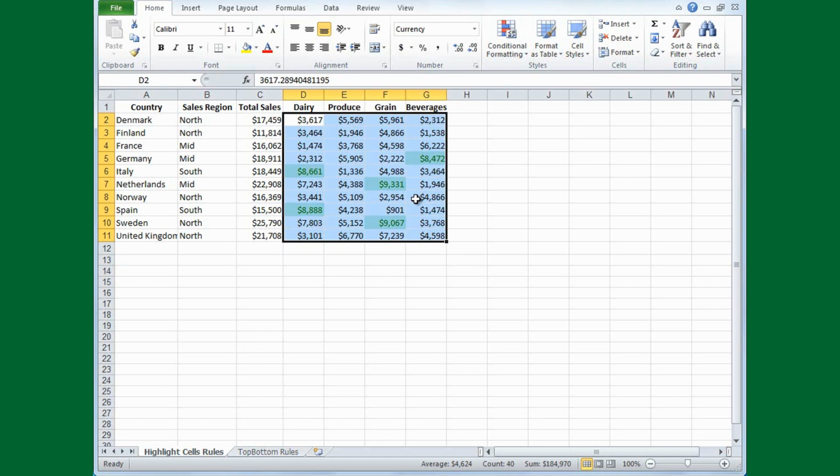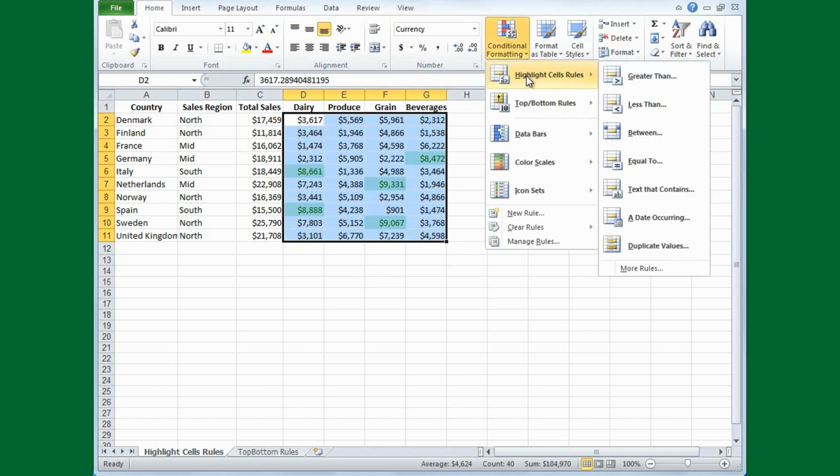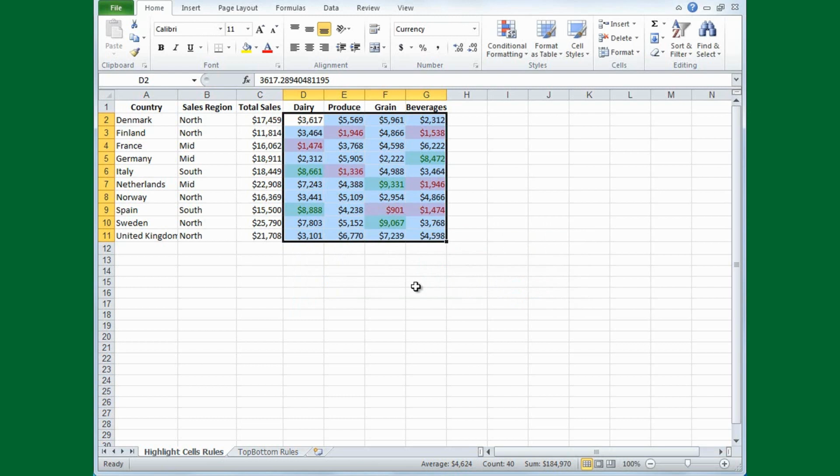So I've selected the cells again, point to conditional formatting, and highlight cell rules, only this time I'll click less than. In the format cells that are less than box, I'll type 2,000. I'll keep this formatting light red fill with dark red text and click OK. And so there in red we see sales that are under 2,000, and in green we see sales that are